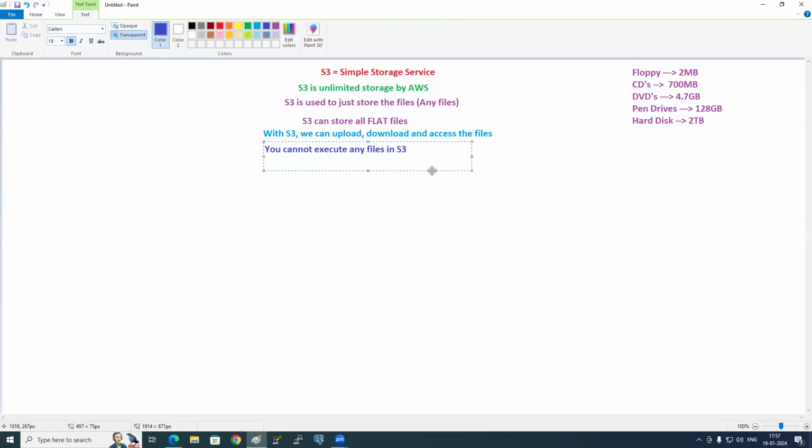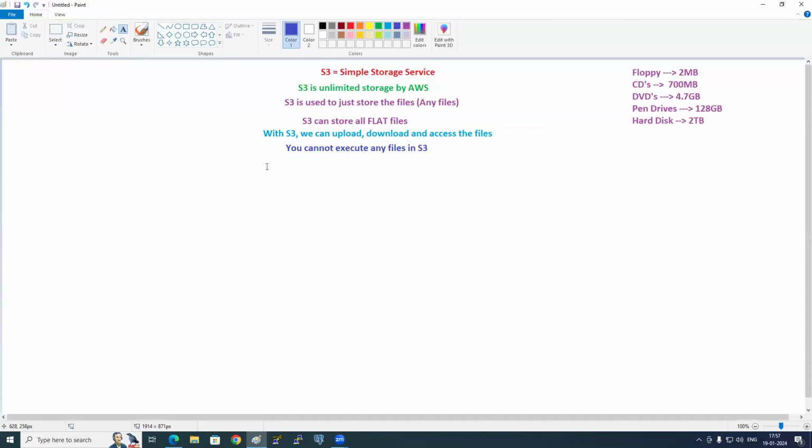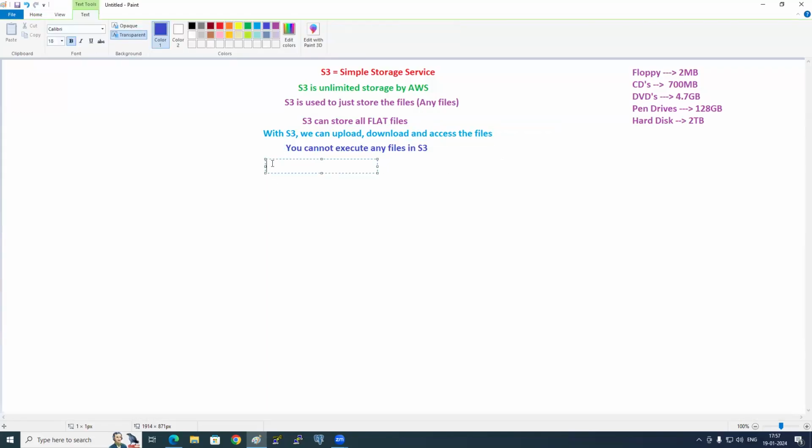Okay. Is it possible to install an operating system in S3? Yes or no? No. Is it possible to run Java files, .NET files, Python files, anything? Nothing. Is it possible to install an OS in S3?